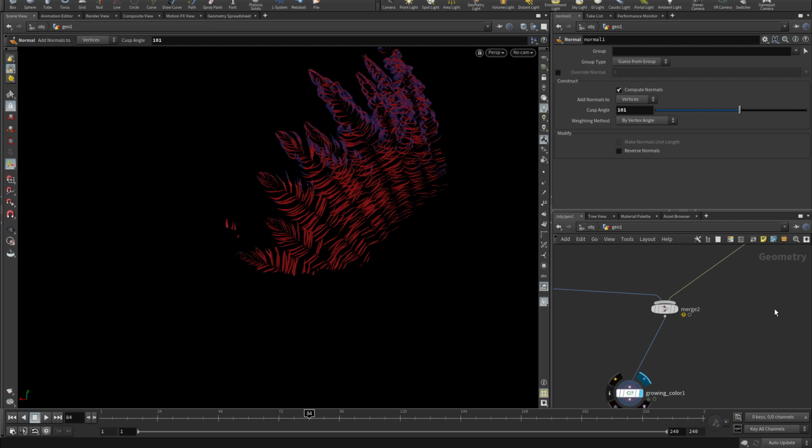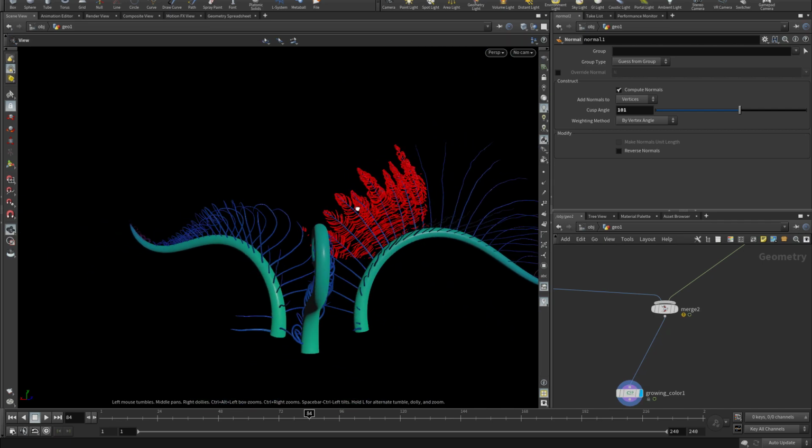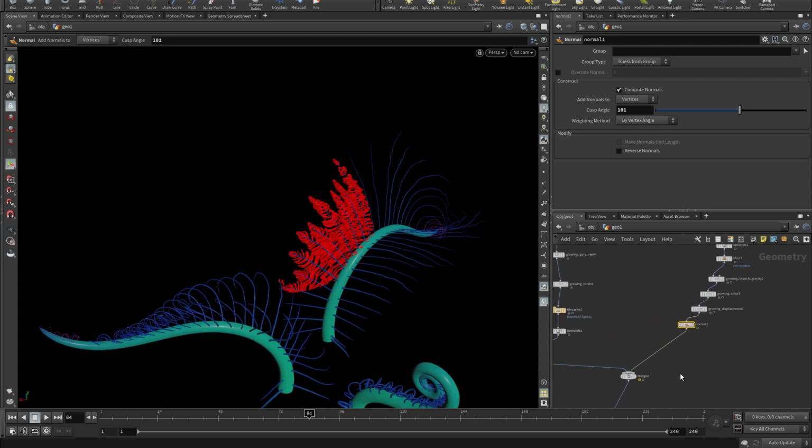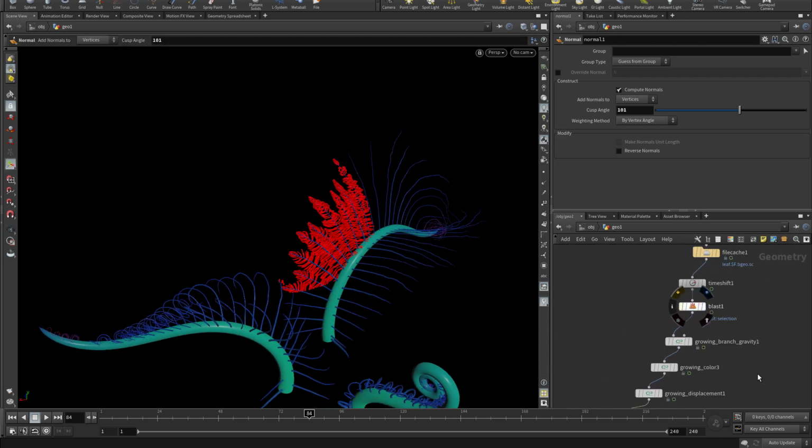You can see we have all of the branches and the leaves together. Let's disable this blast. I want to continue with creating fur over this fern, like what we may see in nature. We are able to do this sort of details using the growing bark, and in this growing bark I've added a new method in this version which is not UV driven and will work for more huge amounts